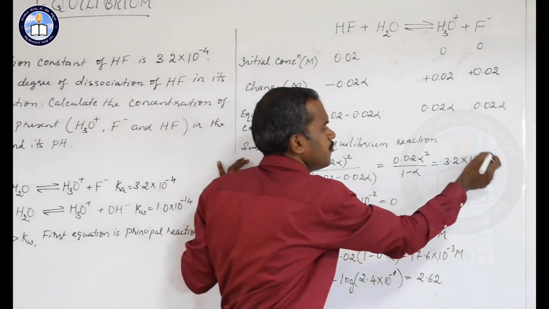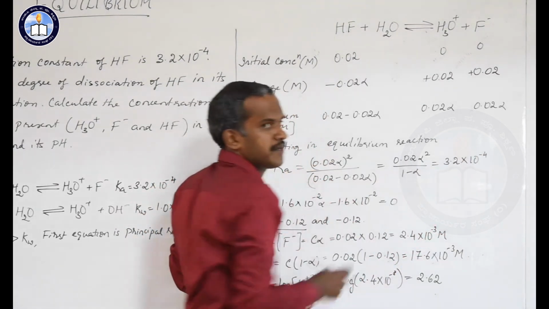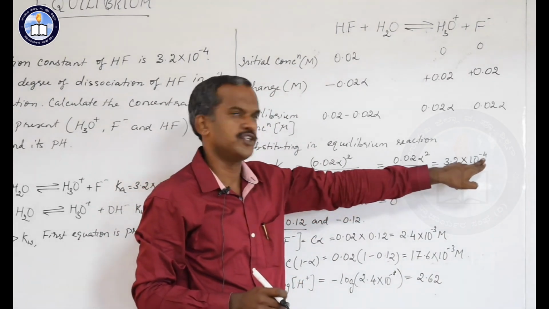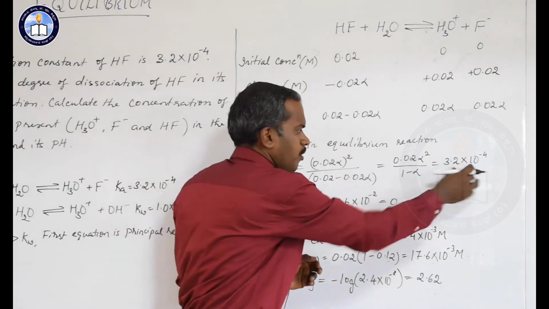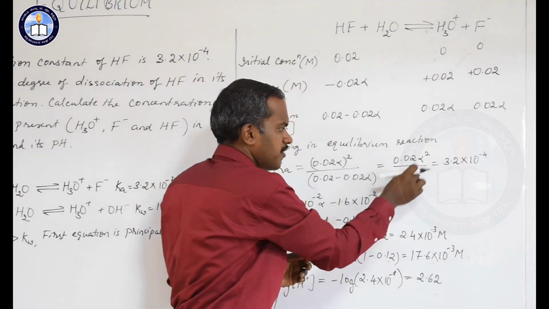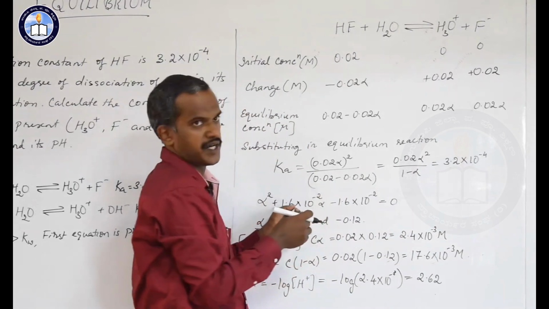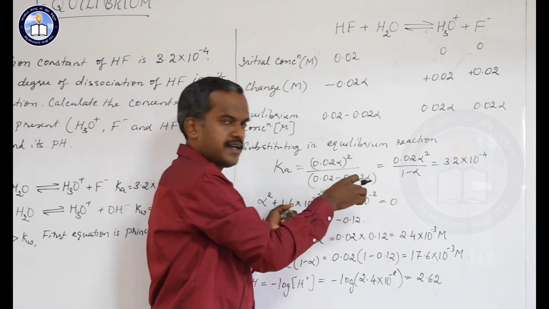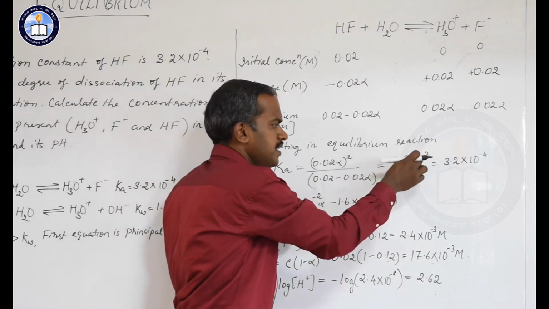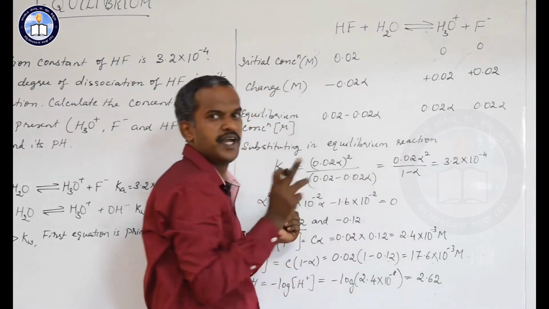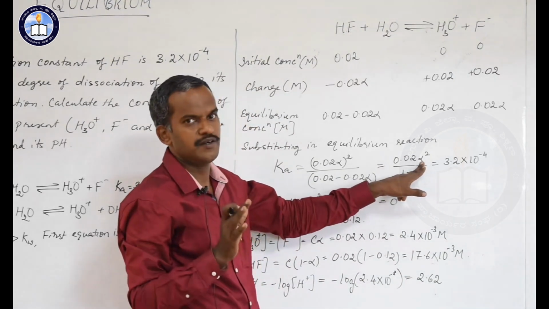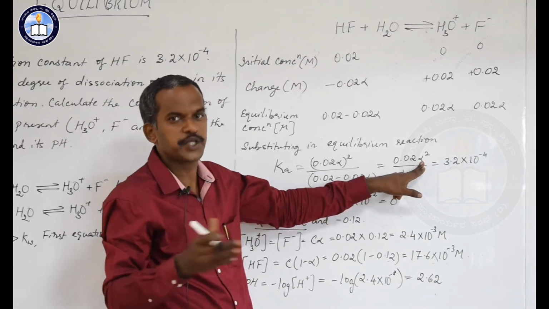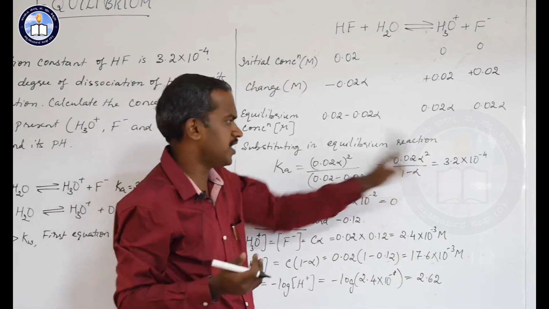Now you will ask where this value came from. It is given in the problem. The dissociation constant is given as 3.2 into 10 to the power minus 4. So we know the Ka value and the expression we got here, and from this you can change it to a quadratic equation to find the value of alpha. I am not going into those details, but try to understand that from this expression we have to calculate the value of alpha. What is alpha, students? It is the degree of dissociation. How much reaction happens, what is the extent of reaction, that is represented as alpha.